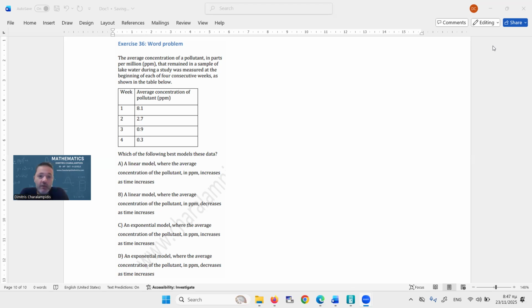It's quite often for you to be asked to decide between different types of models. The two common models that you will be brought up against are a linear model and an exponential. There is one huge characteristic that can help you decide whether it's going to be a linear or an exponential. In a linear, we have constant changes